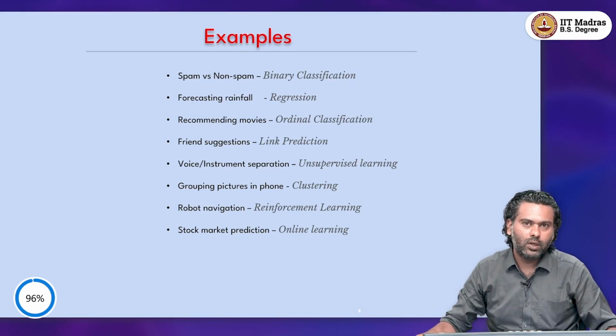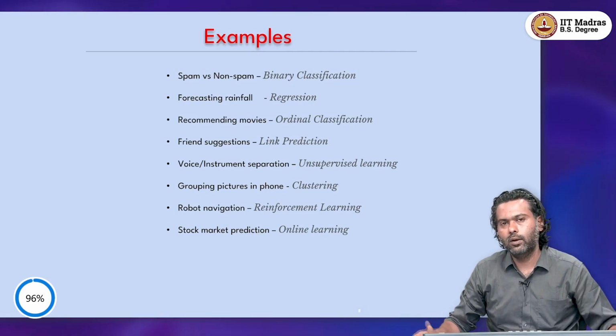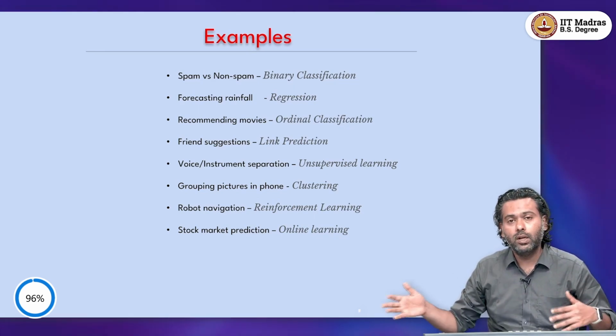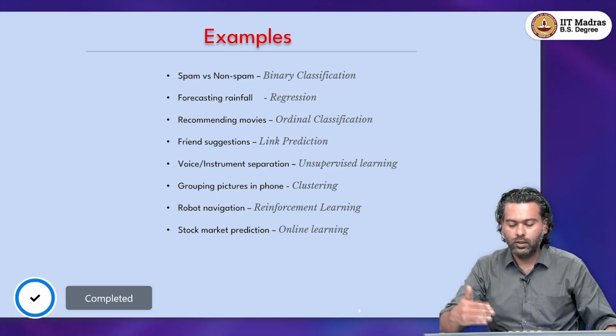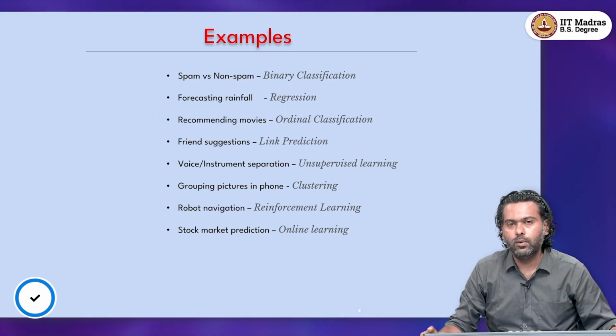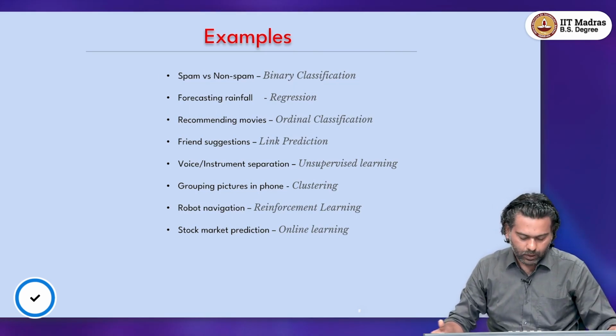In general, sequential learning. Stock market prediction is what is called online learning, which is also a part of sequential learning, right? So we will talk about sequential learning in much more detail later on. So as long as you figured out that the last two are sequential learning, you have understood the idea as well. Okay,